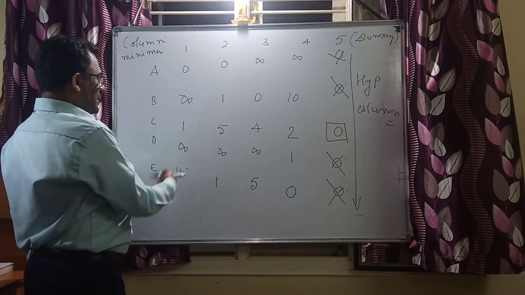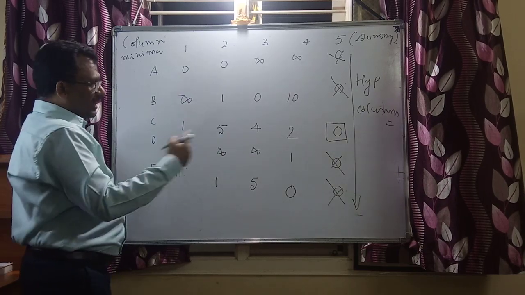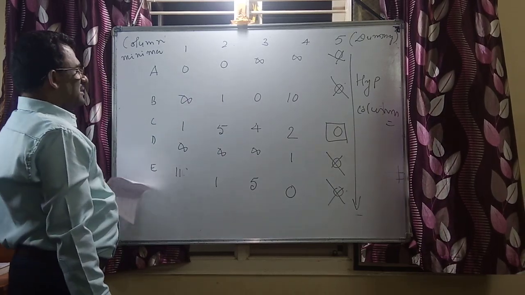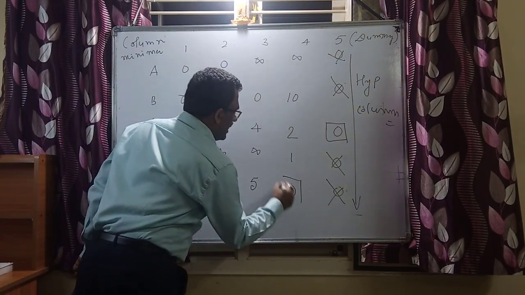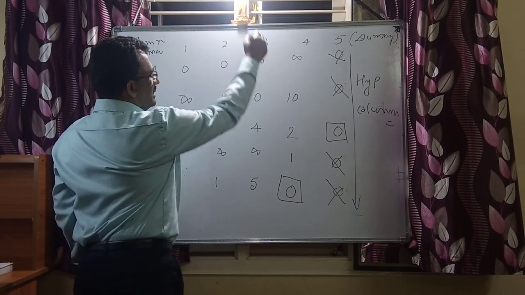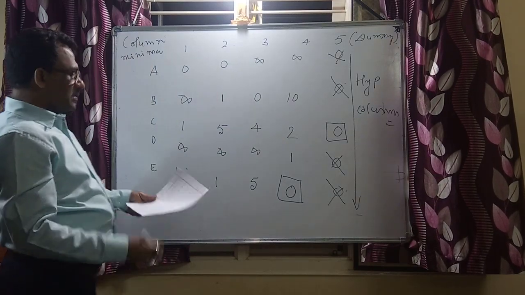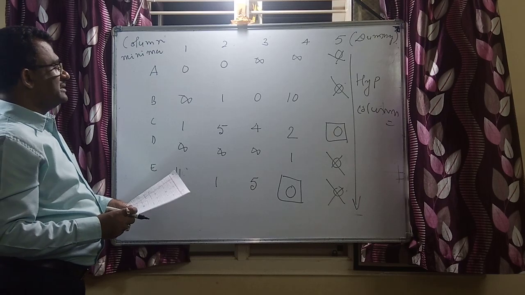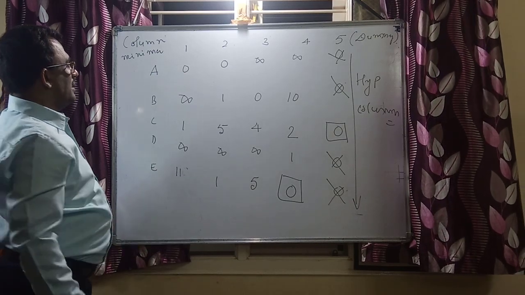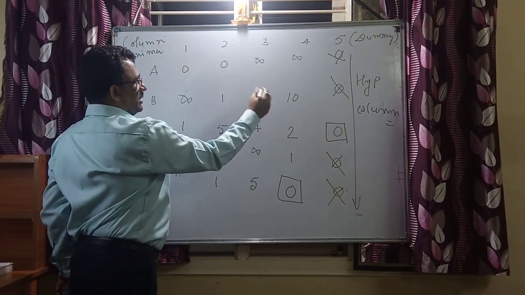Now once this is done, again scan for zeros. Now see this single 0, and now it is the last one. I have this single 0 here. Now in that particular column or that particular row, if you have any such zeros, you have to cancel them. Now we have only one 0 here.